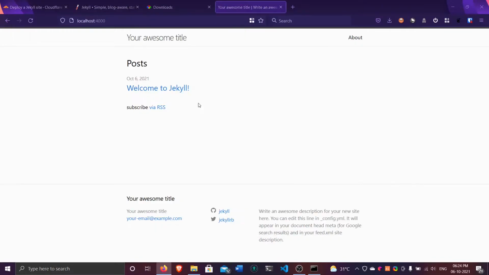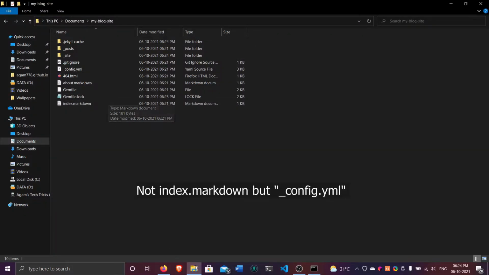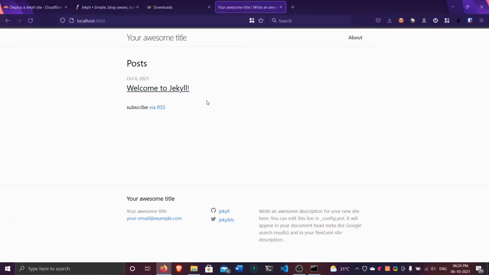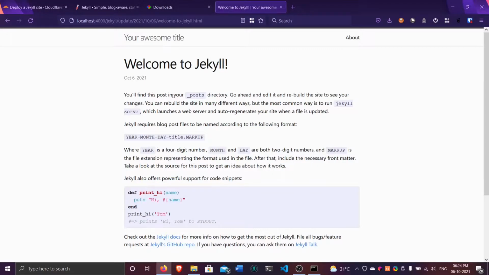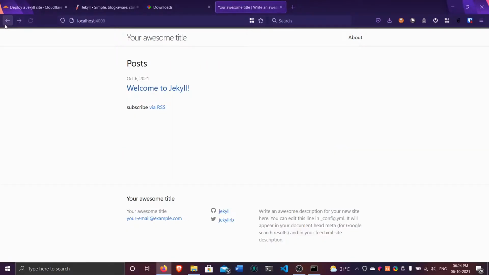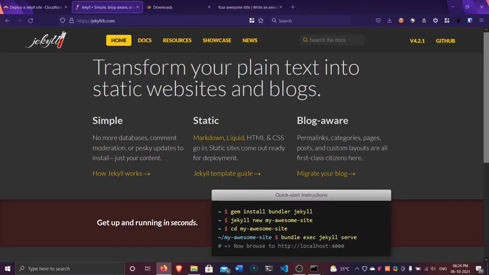We can change that in this index.markdown, and it is showing welcome to Jekyll and subscribe via RSS and then mail, etc. We can change everything also like this, but you must be thinking that this site is very simple. So there are many themes available online. I'll show you now, and if you don't like those themes also, you can create your own, it's basically a template. So we have to go to docs,